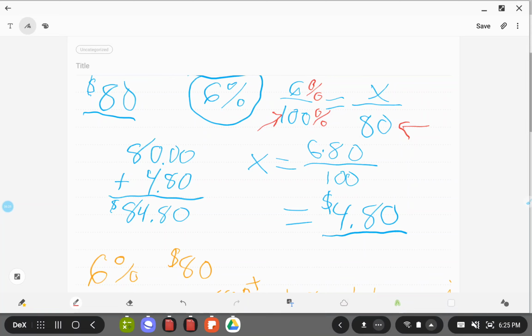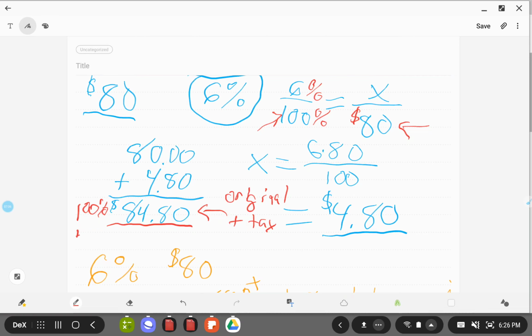100% means the whole part, right? 100% means the complete thing. So $80 here was the whole, the original. So what we were looking for was the original, this part right here, the $84.80, which represents the original plus the tax. That's the original plus tax, which means that this final answer here is actually 100%